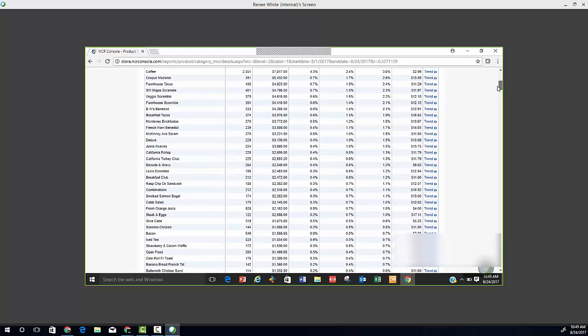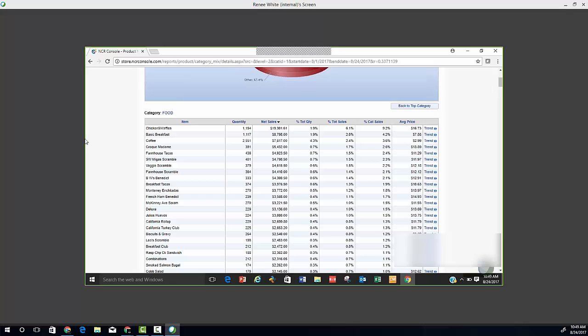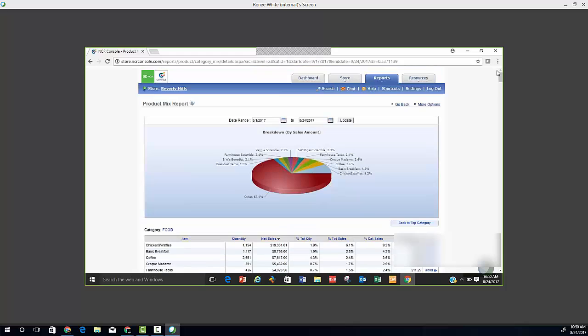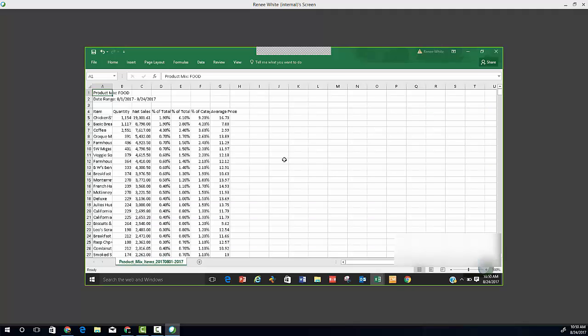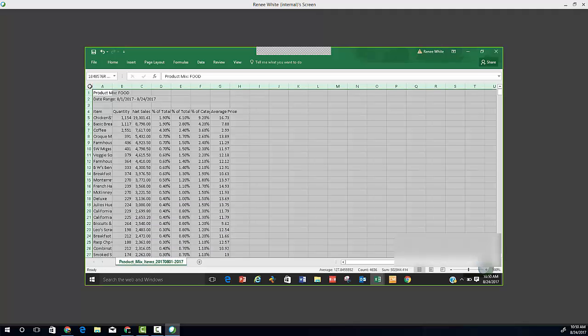So down here, it'll give you a total breakdown of every single item under that food category, and show you what your sales were, what your quantity sold was, and what percentage of that was. But then up here under this options, you can actually export this report. So it goes into an Excel format,